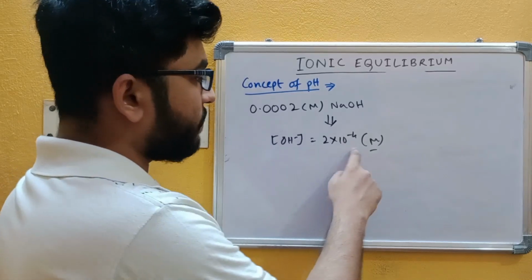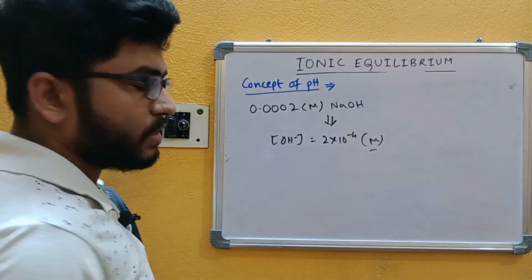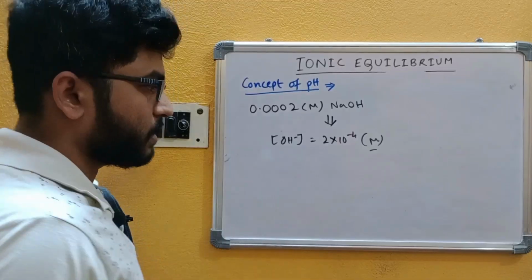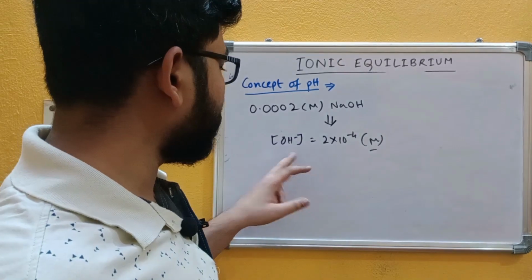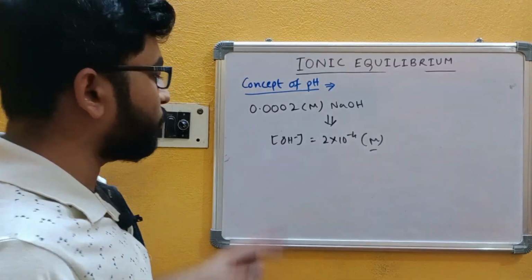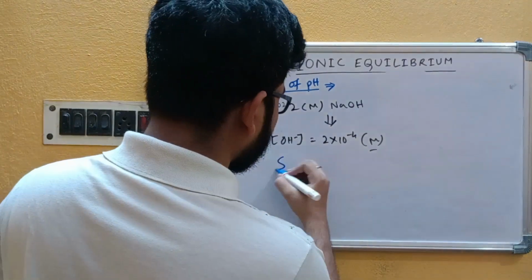Now this is an inconvenient method of expressing the concentration of OH minus. Then what will be the solution? What will be the convenient way to express the concentration of H3O plus or OH minus in a solution? Scientist Sorensen